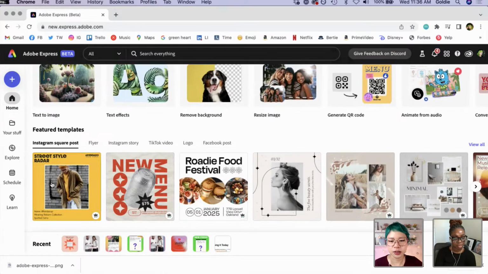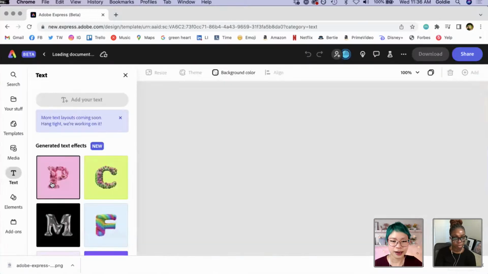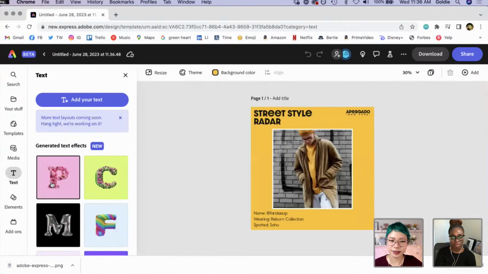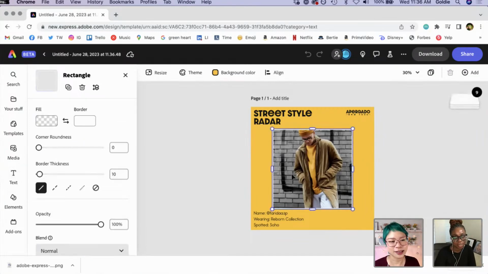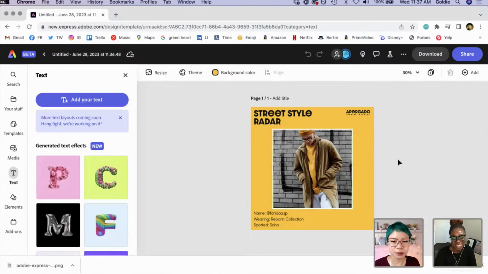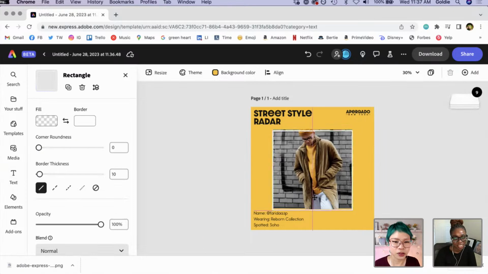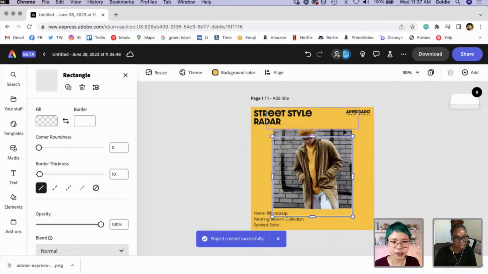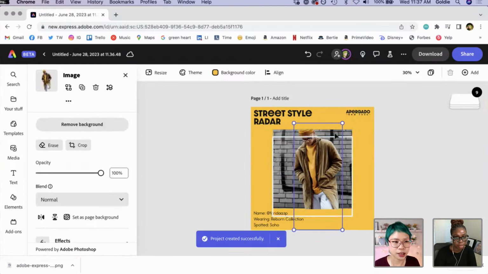I'm going to jump in and just do an Instagram square post. I'm lazy, so I'm doing literally the first template that I saw. Sorry, handsome person, we are going to replace you with something else. For some reason, it's selecting a border, so I'm going to select this person instead.